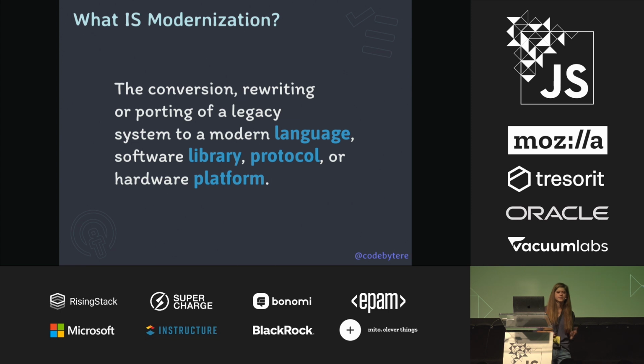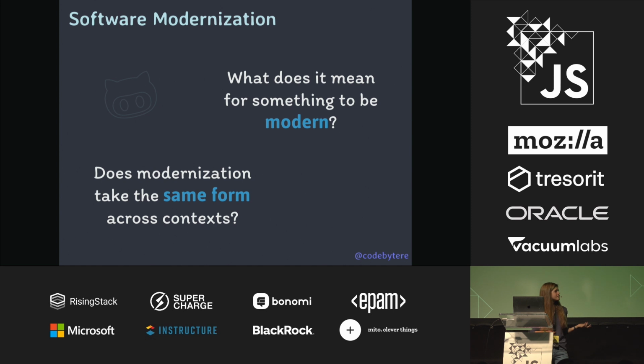That's an okay start, but it still leaves us with quite a lot of unanswered questions. What does it mean for something to even be modern? There's still a lot of wiggle room in that definition that I just gave. And even some of its different components might not all be understood in the same way, even amongst you, the audience. For example, I highly doubt that we all understand modern language to be the same thing. Beyond that, can modernization even be universally understood across contexts?